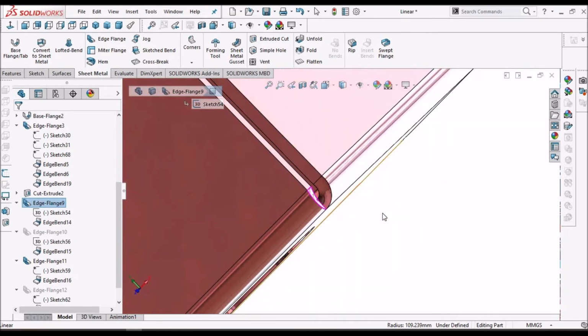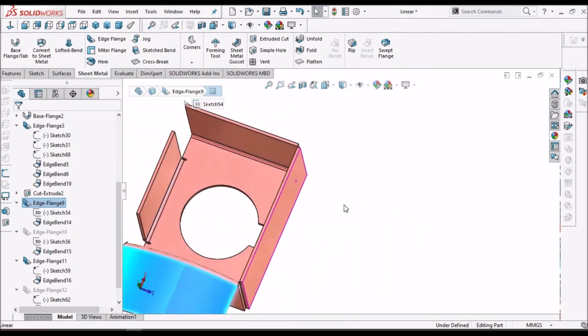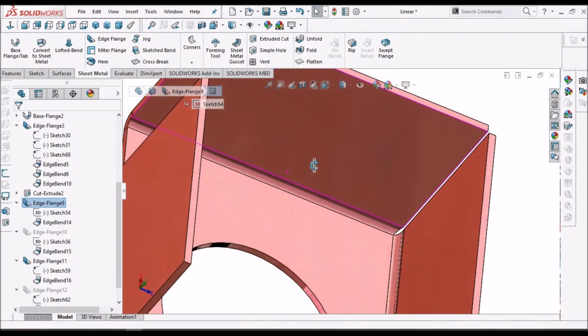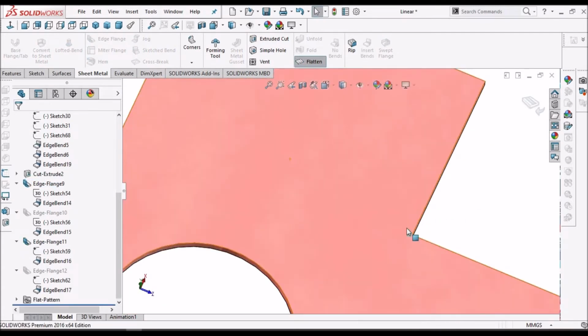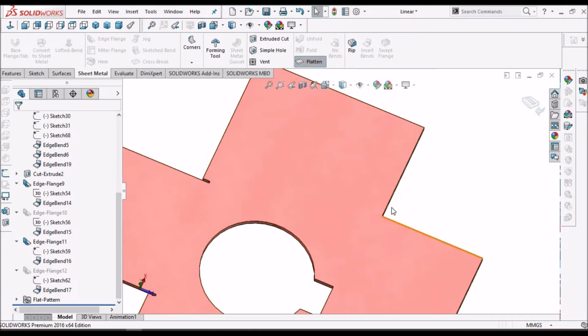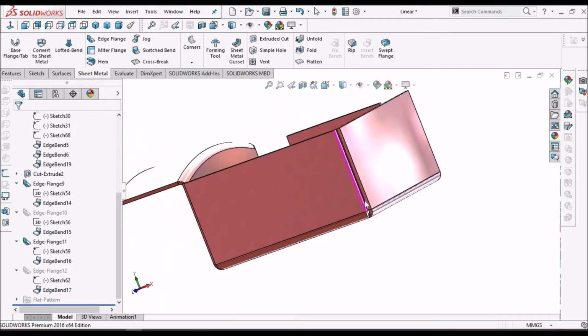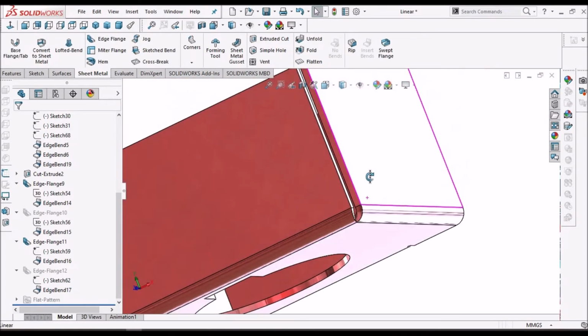So this is the best method. This option is used during enclosure or carton box design. See, there is no cutout required here. So this is the advantage.